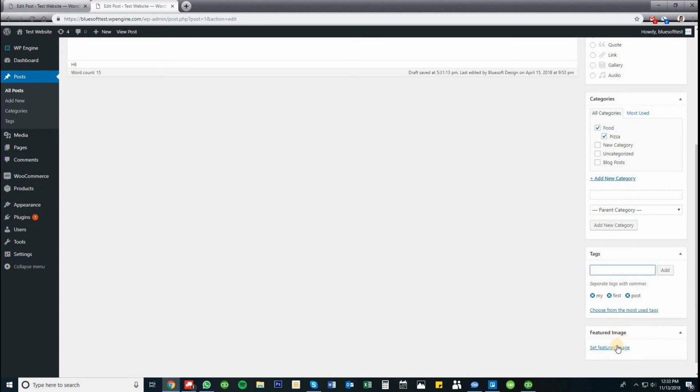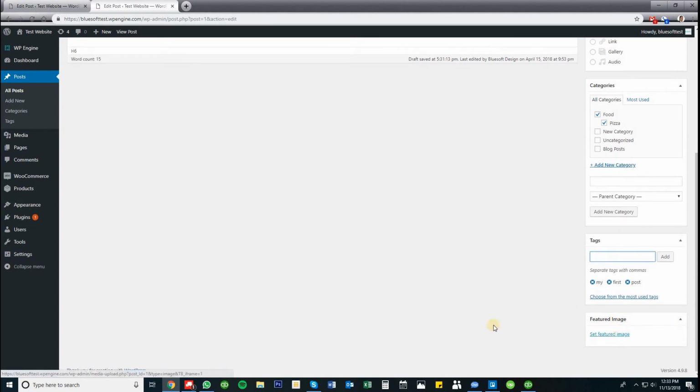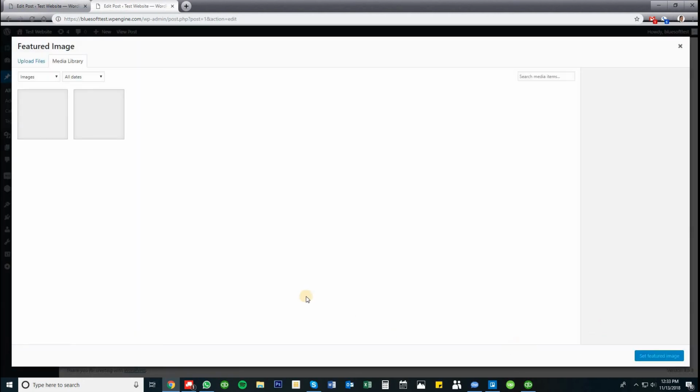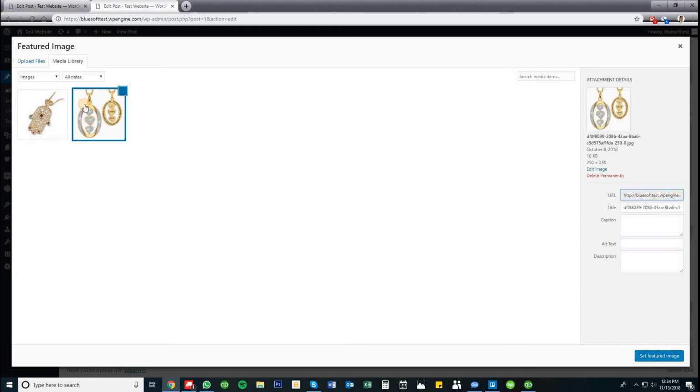And finally, we have the featured image of the blog post. So this is the image when people are sharing the blog or they post it on social media or anywhere else on the internet. This picture is going to be the one that represents the post. So we want to make sure that we pick an image that's relevant to the blog post. And right here I have two demo images that I'll be using. So I'll select this one as a featured image,